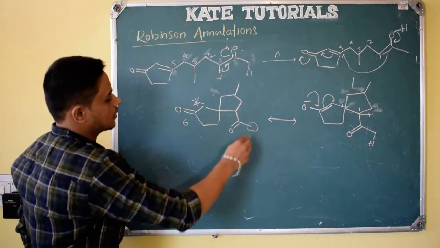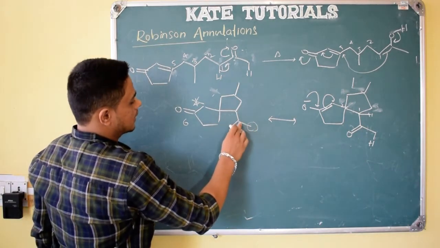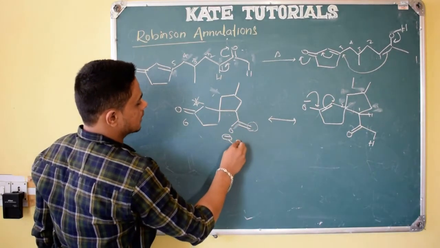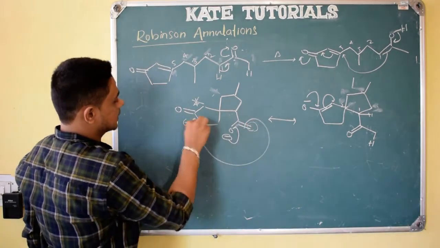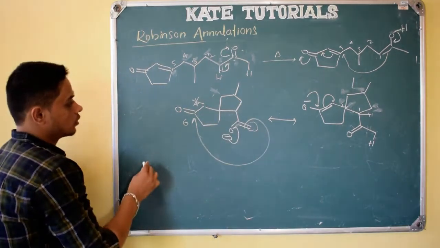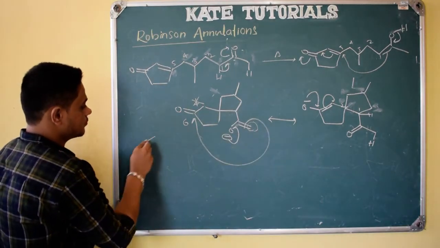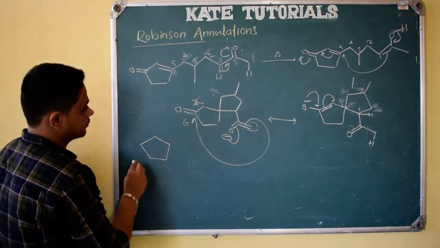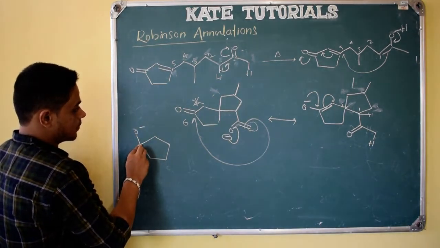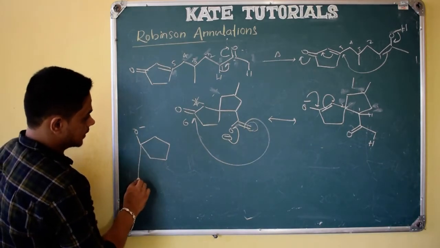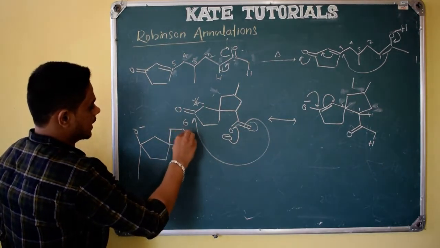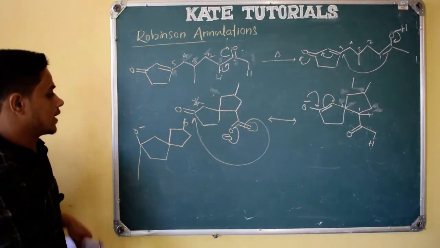So what happens, again I will remove this proton and I will write like this, O minus, here double bond. So this will come here and this will attack this, forming a ring. 1, 2, 3, 4, 5-membered ring. So how to draw this now? O minus, I need to show the ring. This carbon, no worry, this as usual, third position, okay. See here, 5-membered ring, right?